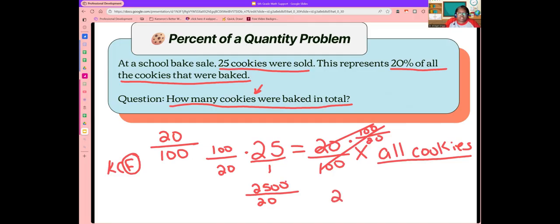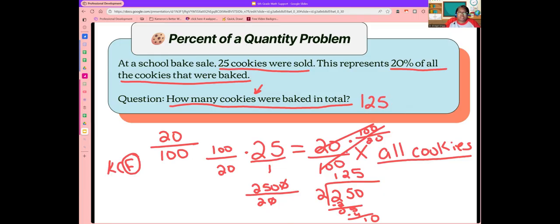So we can actually start off by dividing each number by 10. So if we divide this by 10, that will take that 0 away. If we divide this by 10, that will take that 0 away. So now we're really looking at 250 divided by 2. 2 goes into 2 one time. That's going to be 0. Bring the 5 down. 2 goes into 5 two times. That's 4. That's 1. Bring the 0 down, and 2 goes into 10 5 times. So that means total they baked